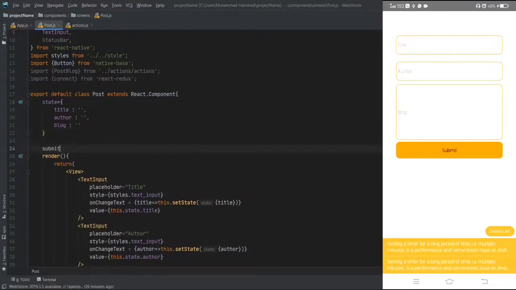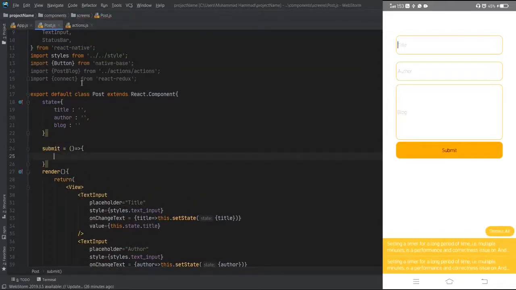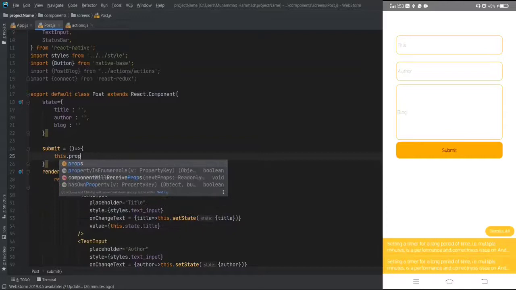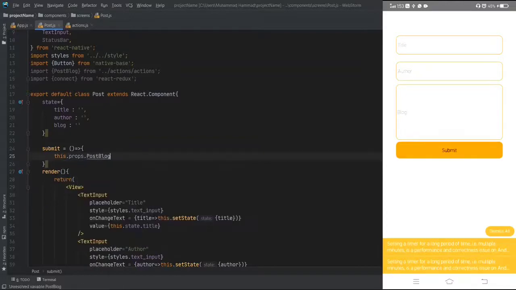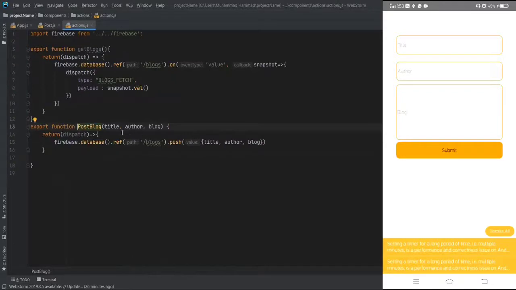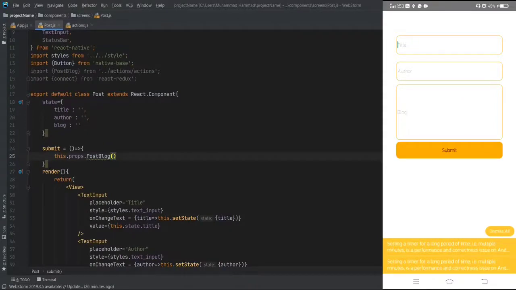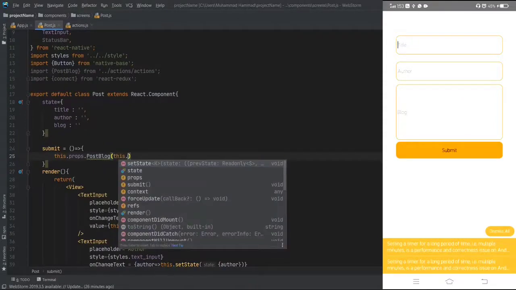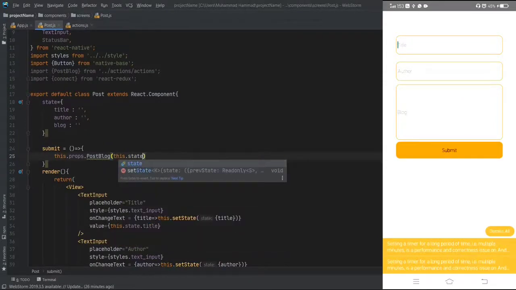Okay, so here we have to declare an arrow function, and in order to access this post blog function, copy this one, and inside this submit function, this.props.postBlog, and as you can see here we are receiving three parameters, which are title, author and blog. So from here we have to pass three parameters also. Okay, this.state.title.